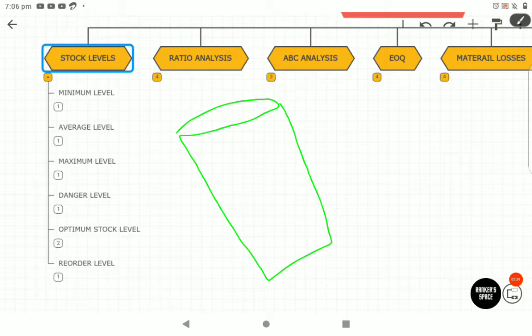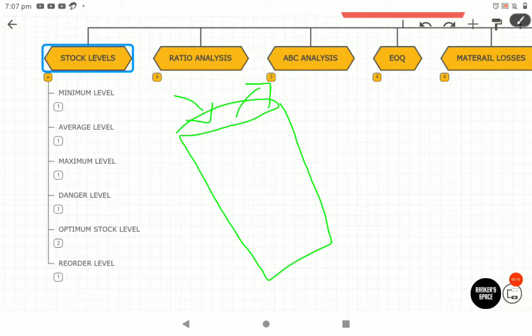What happens in the beginning of the month? Your dad or mom gets salary. They fill the bin with rice, right? And after which, as the month proceeds, depending upon the need of the household, they will draw rice out of the bin, right? That is how the mechanism works. So when you put rice into the bin, the quantity increases. When you draw rice out of the bin, the quantity decreases. That is how the mechanism works. So that is what we are going to study in stock levels. Very elementary, very concept related.